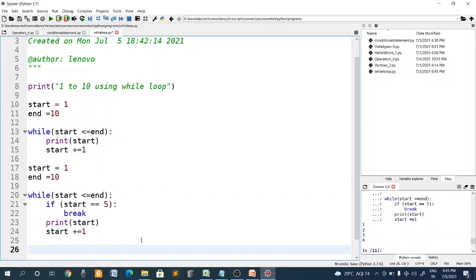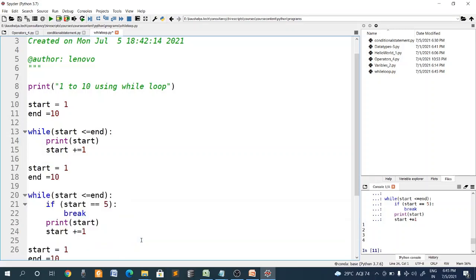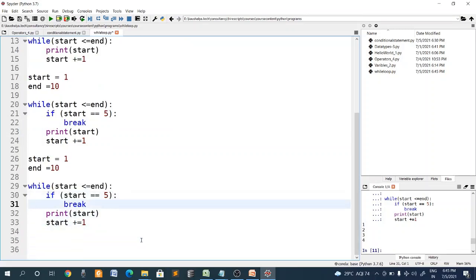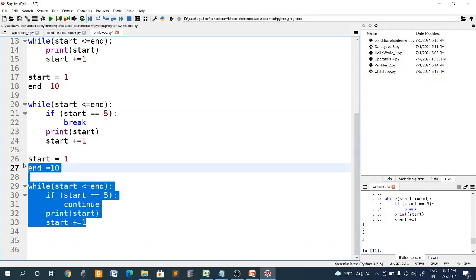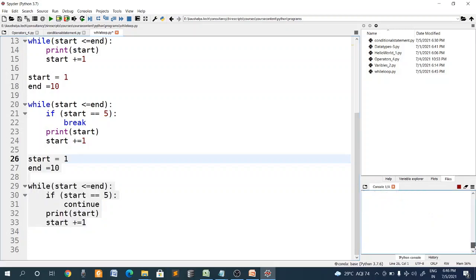Same thing, in the place of break, I will use continue in this case. Then it won't print 5. Other than 5, it will print every other number from 1 to 10. See, okay, it is continue. I said it has to print, right? Okay, let me go down and check. No, okay, it is still going in a